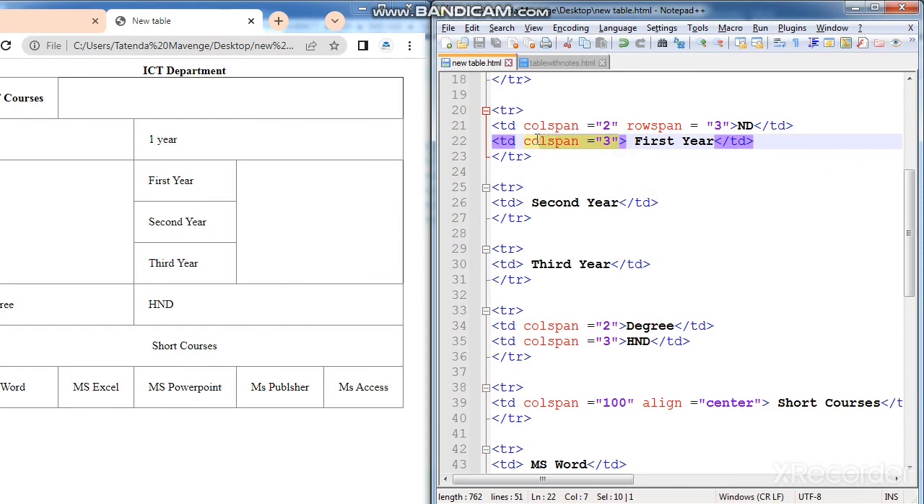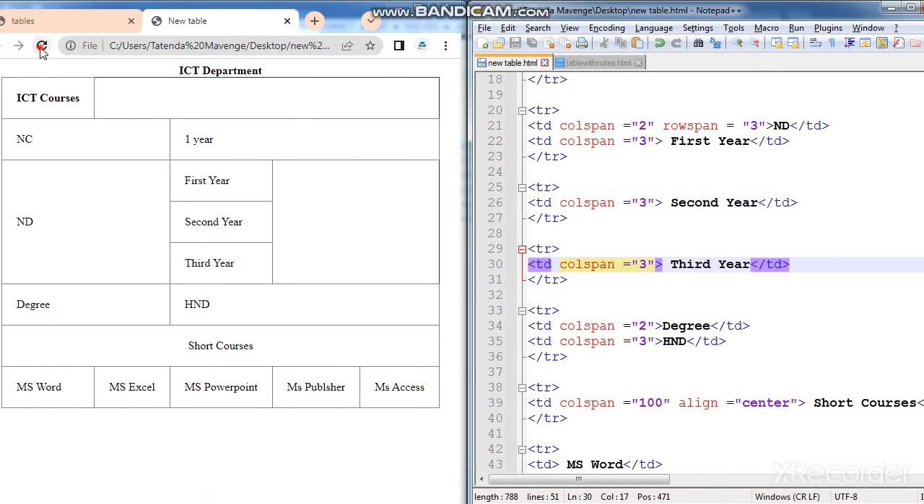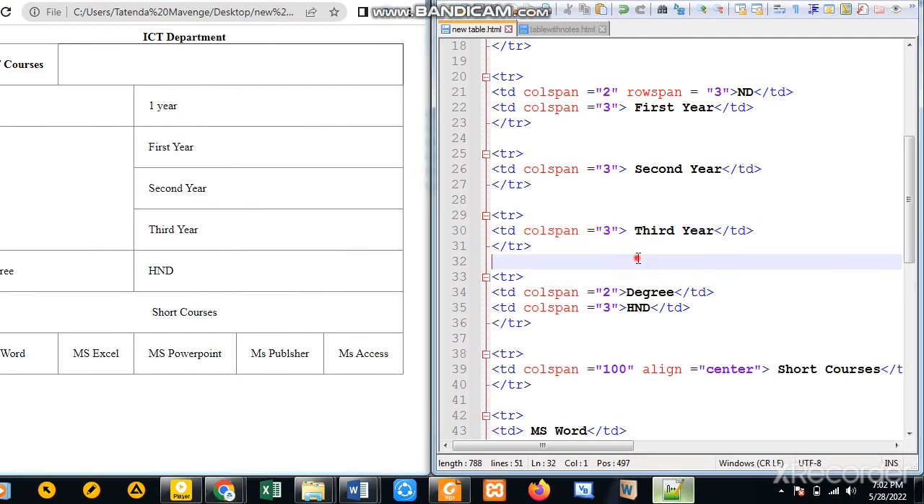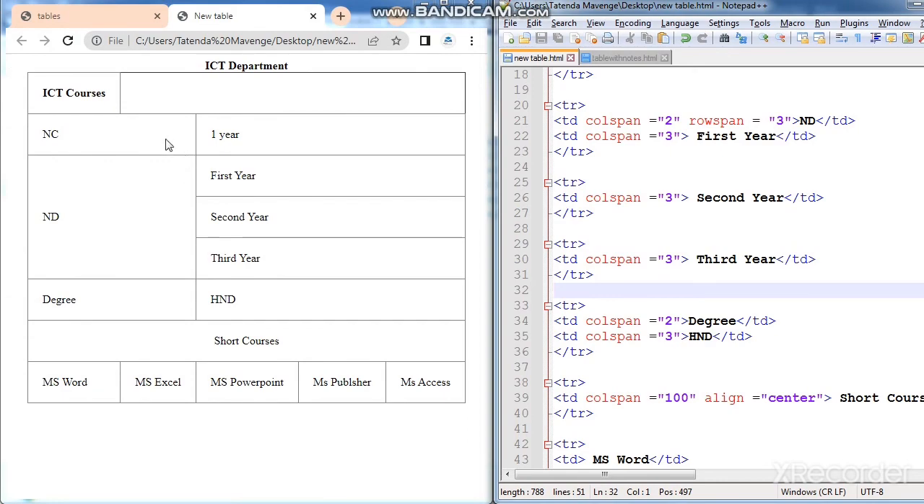So we do the same again for this one. We do the same again for third year, this one, and then we refresh, and there you go. Our colspan is extended. Okay, so that is the part we had actually left. So if you look at this, you realize that our table here, the